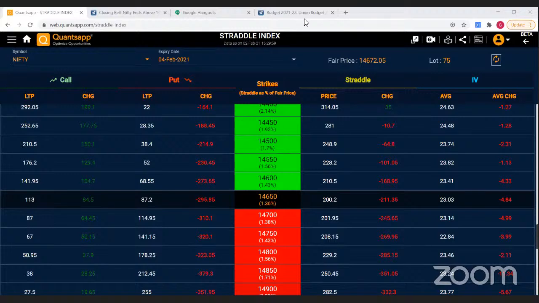So Straddle, we'll talk about. So Straddle क्या होता है? Straddle होता है एक option strategy जहाँ पे you either buy both call and put of a particular stock या index और एक पर्टिकुलर स्ट्राइक का। तो जैसे मान लो अभी निफ्टी की स्ट्राइक चल रही है 14,650। I think ये एट द मनी स्ट्राइक है।